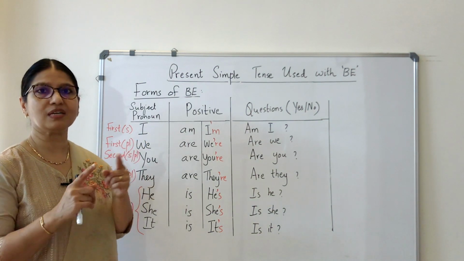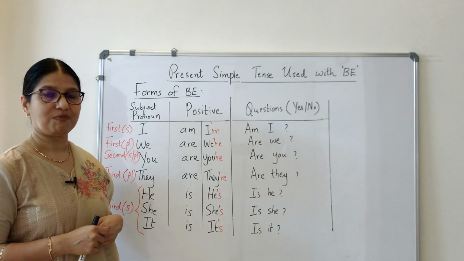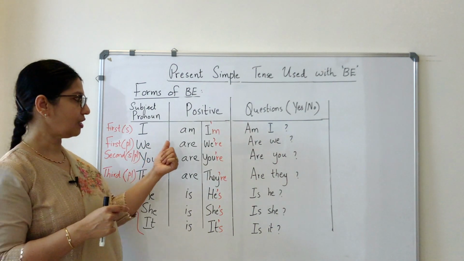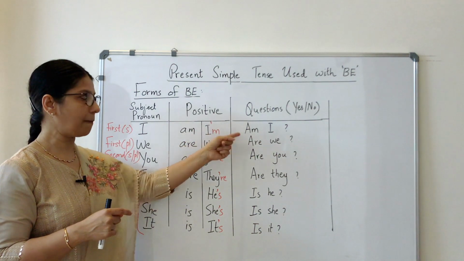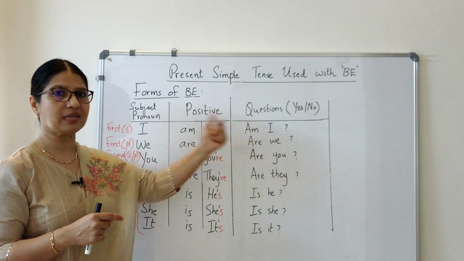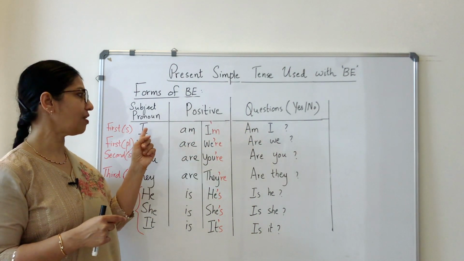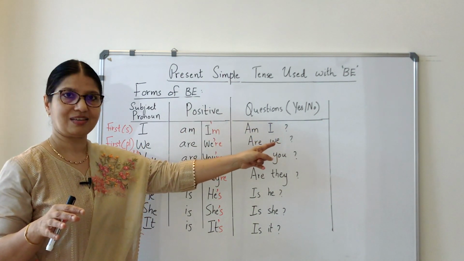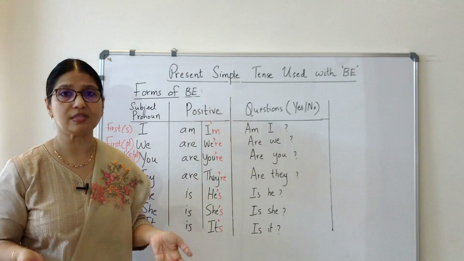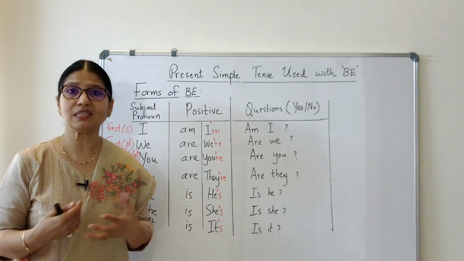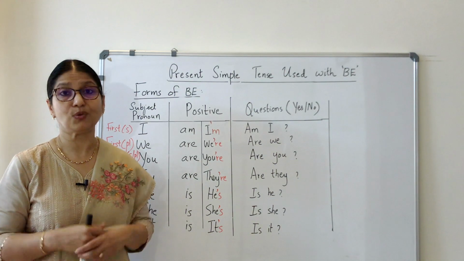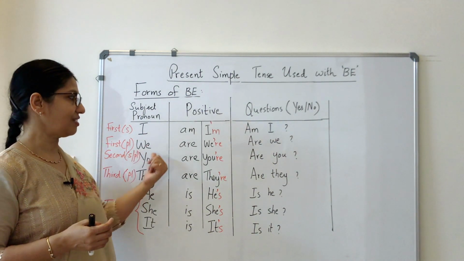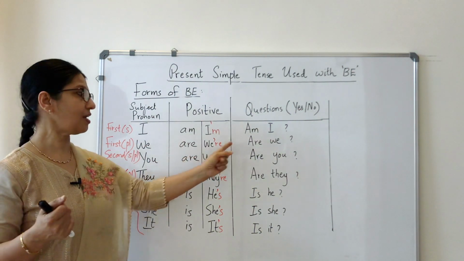And how to make a question using that? When making questions, you just invert the order. That is, you will start with the verb am and then it is followed by the subject I. So we have I am as a positive sentence and the question is am I? You can complete it in different ways. For example, I can say, am I a teacher? You can ask, am I a student? And so on. The next, we are, the question is, are we?